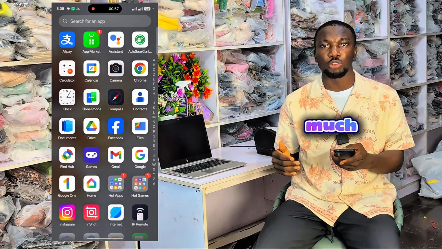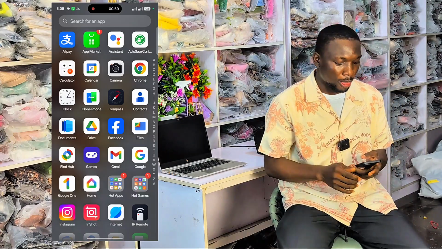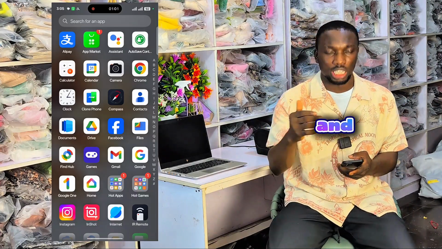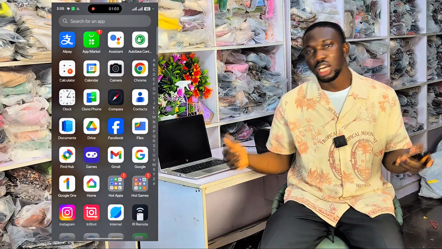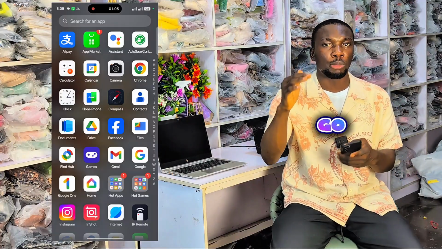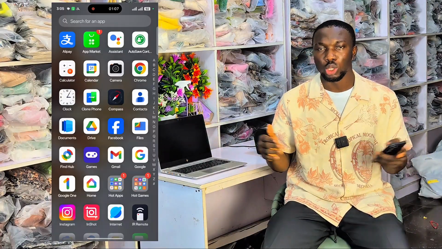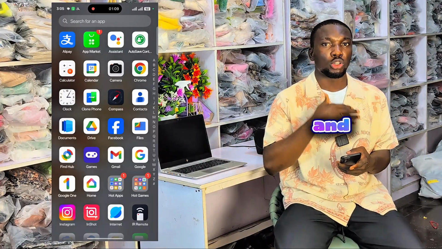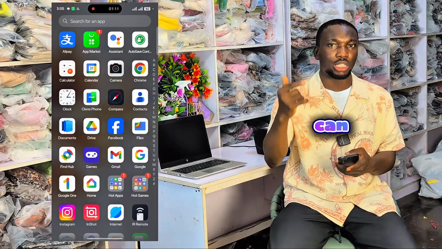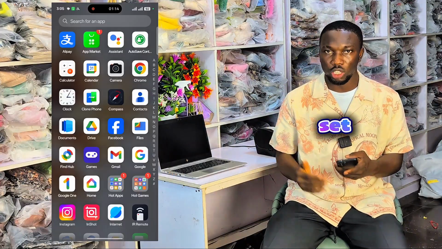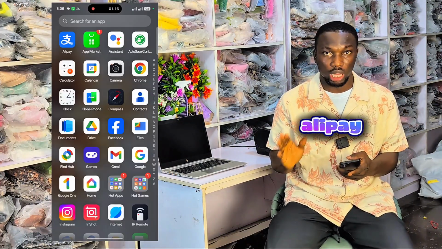Chinese Alipay app. So without wasting much of your time, let's dive right into why we are here, how you can send and receive RMB on the Chinese Alipay app. Now to do this, I'm going to divide the video into two sections, which is the receiving part and also the sending part. Now before you can receive RMB, you must have set up and verified your Alipay app, set